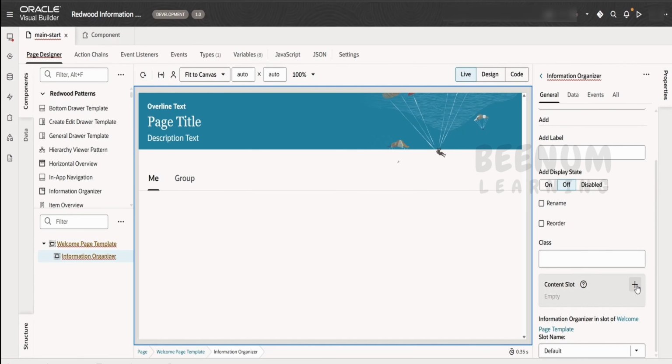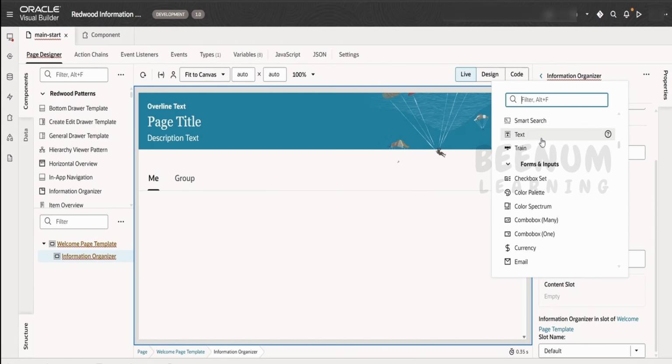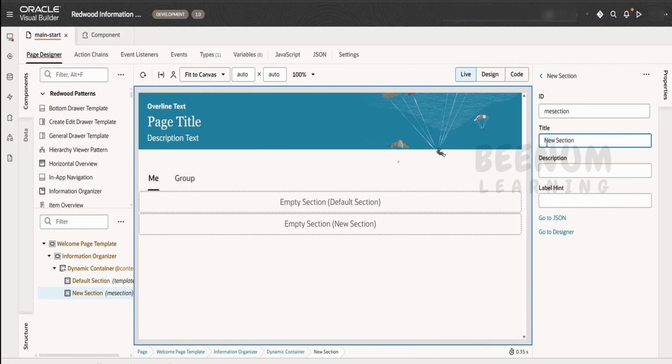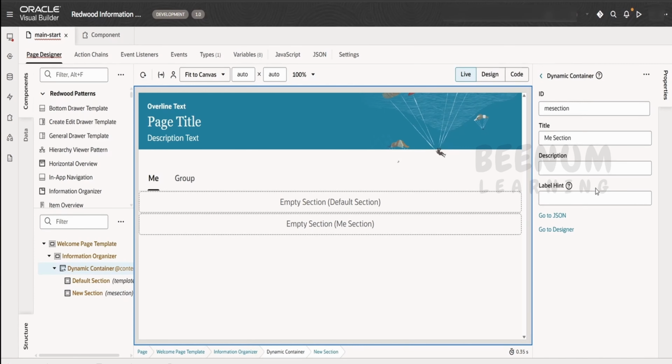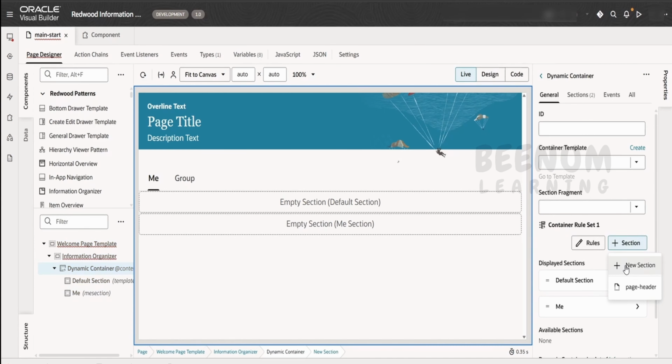Let's now add the content for this information organizer. If you go to the properties section, there is the content slot. Here all the supported slots are available. If you want to search for dynamic, you will see so many dynamic things over here. What I will do is I will put the dynamic container, and there is this default section. In the dynamic container, we will have a couple of sections. One is the me section. I will add me,